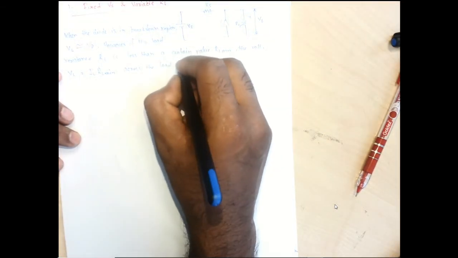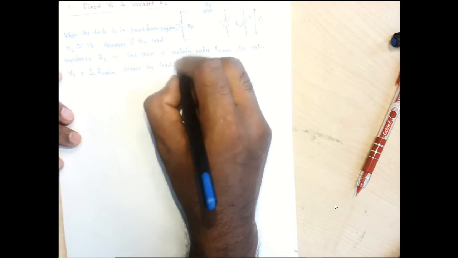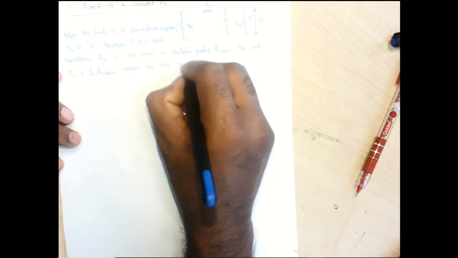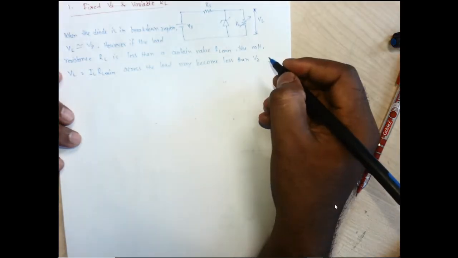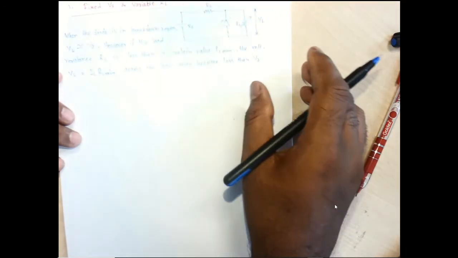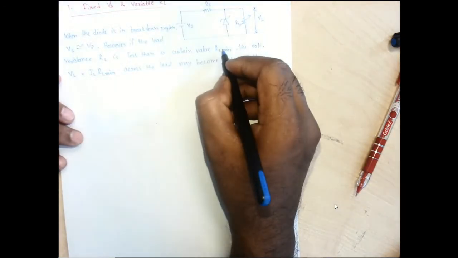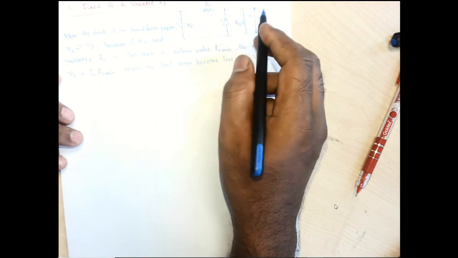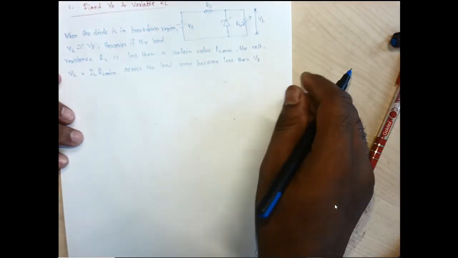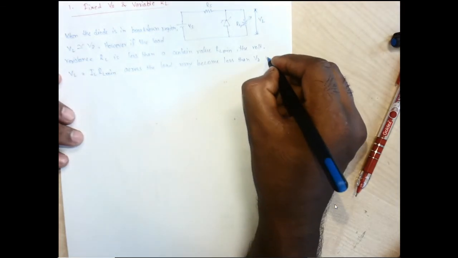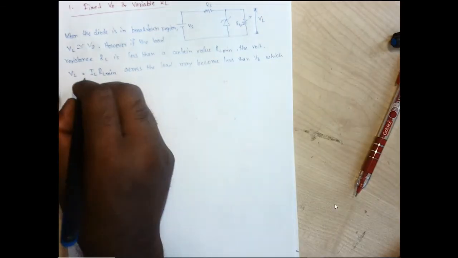Load VL across the load may become less than Vz. Obviously, let us consider for our normal circuit analysis, if RL is decreasing, then this ILRL, which is VL, may become less than this Vz because our RL is decreasing, which implies that